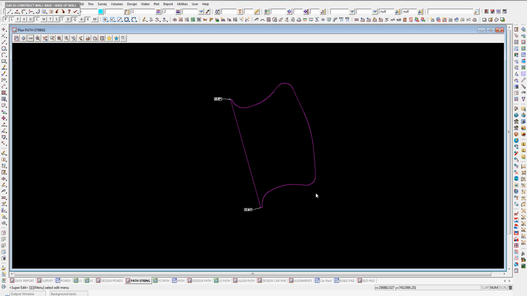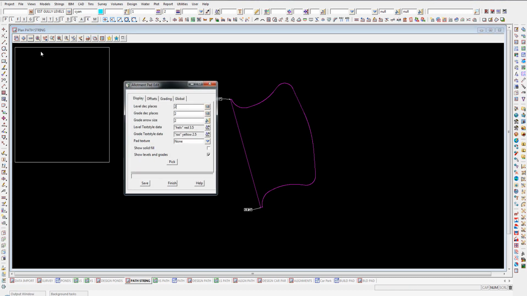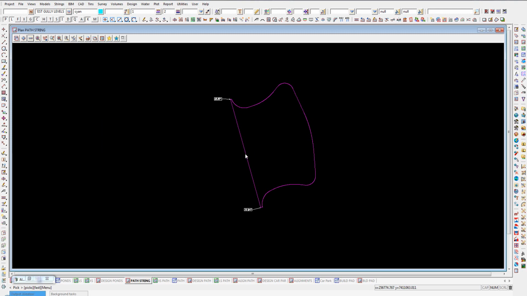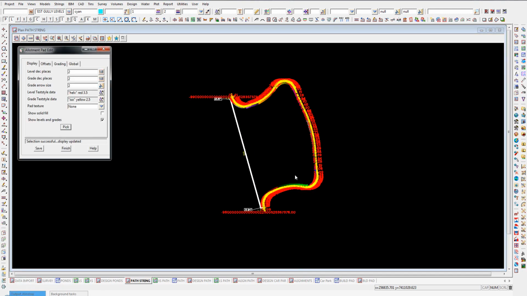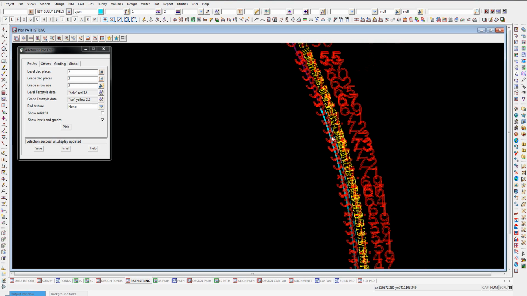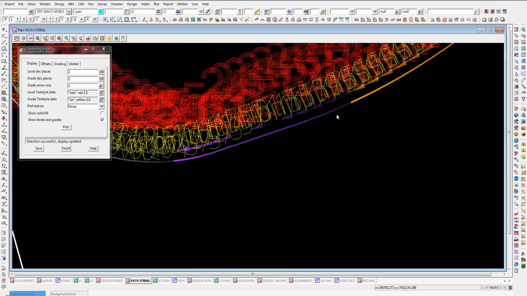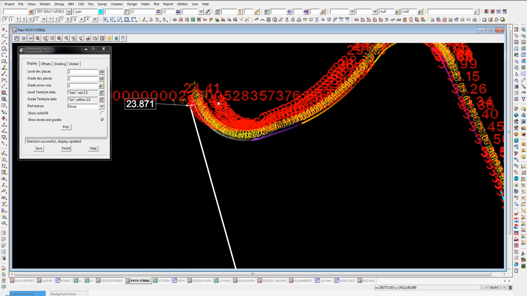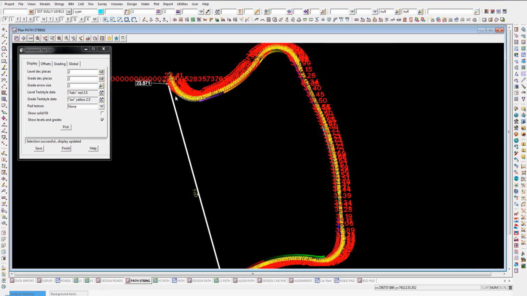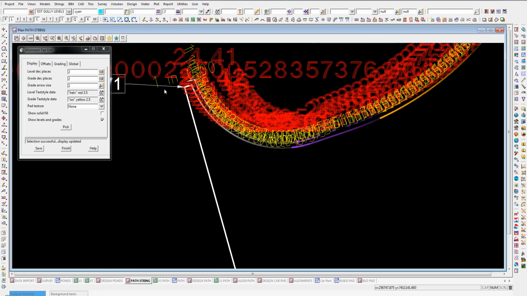Okay, so now that I've done that, I'm going to go through and produce my levels on here and grade the string out using the lot pads options. So first of all, by coming in here and picking the string, it will of course immediately give me my usual breakup of colors. Those colors, by the way, if we just zoom in and see the different colors along here, are merely showing me where there's a change in grade. So you can see through here it's graduated, and each time there's a slight change, it's getting a different color. The colors don't mean anything per se, but they are just showing me that there's a change of something or other. Now the points that I've added in here are actually basically at a null height,